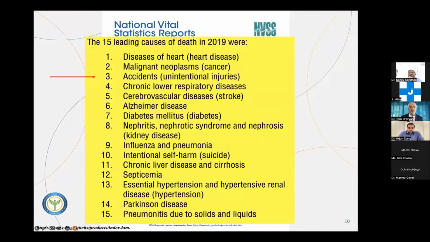Everything except unintentional injuries of the top causes of death are because there has been inflammation in the body for many years. And you may have felt fine when you have inflammation. You can't tell. It doesn't make you sick. It doesn't stop you from walking or living your life. But when you have excess amounts of inflammation, depending on where your genetic vulnerability is, that's where you're going to